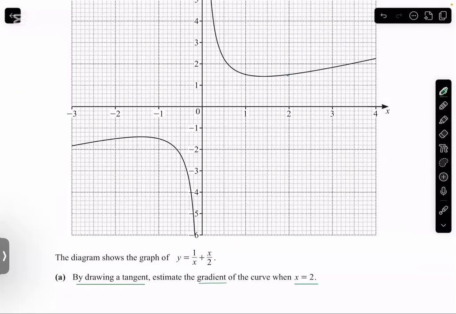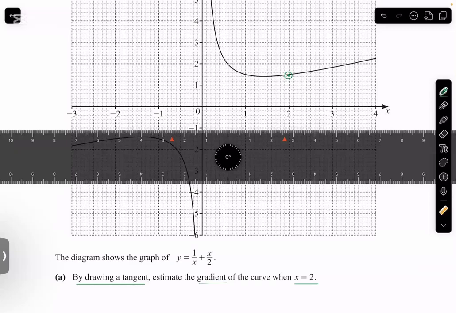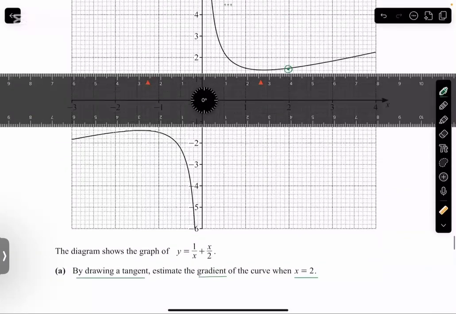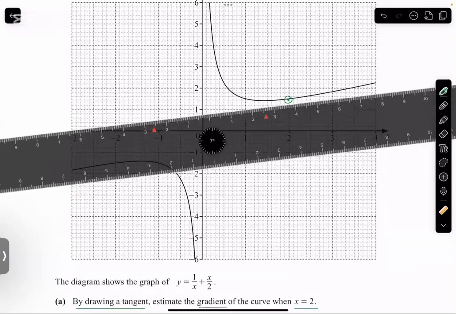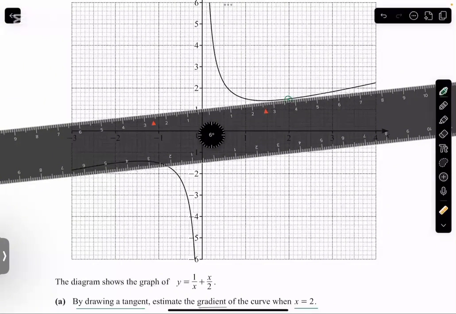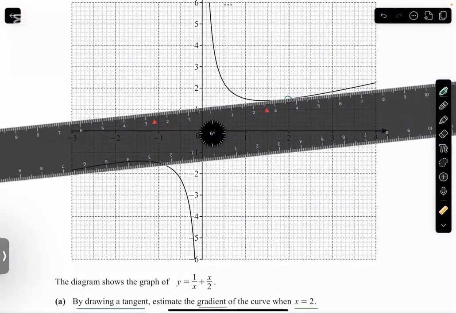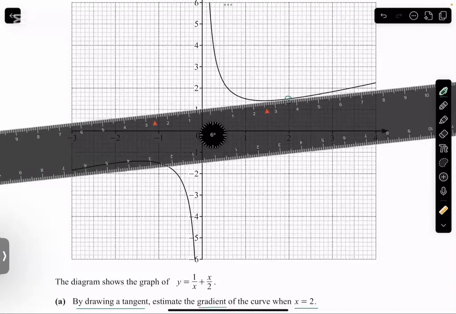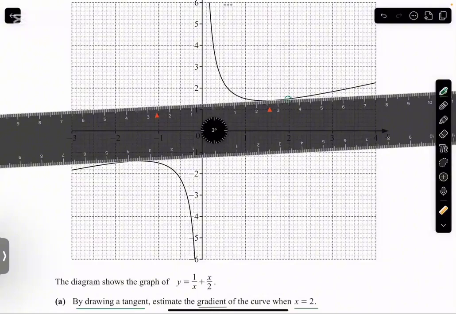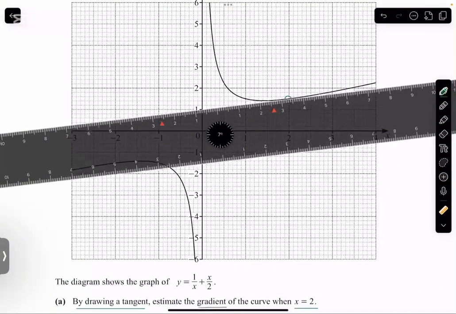This is my graph here. This is my point here on the graph for x equals 2. So here I should be making a tangent. With the help of a scale and pencil, you should be making your line. You have to try your best to make a straight line which is intersecting the graph just at one point. You should try your best that your straight line touches the graph at only one point. So this is what I'm trying my best to do at this point.